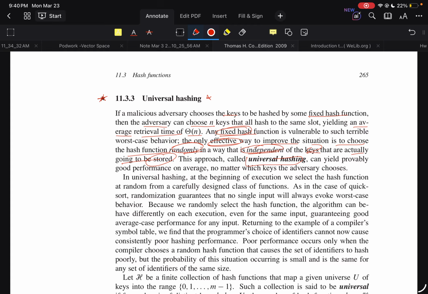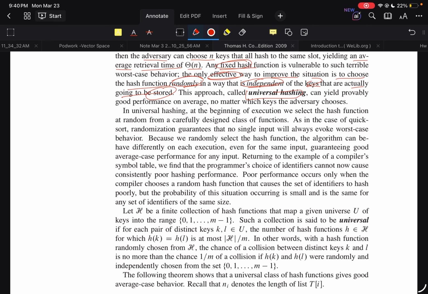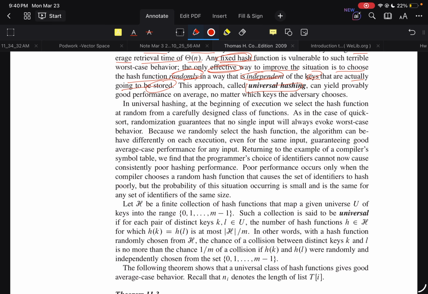they're saying fixed hash functions that use a key are very easy to actually back-solve. So it could just be easier to do this universal hashing, where you can randomly choose independent of what keys are being chosen. This approach is called universal hashing and can yield provably good performance on average no matter which keys the adversary chooses. In universal hashing, at the beginning of execution,